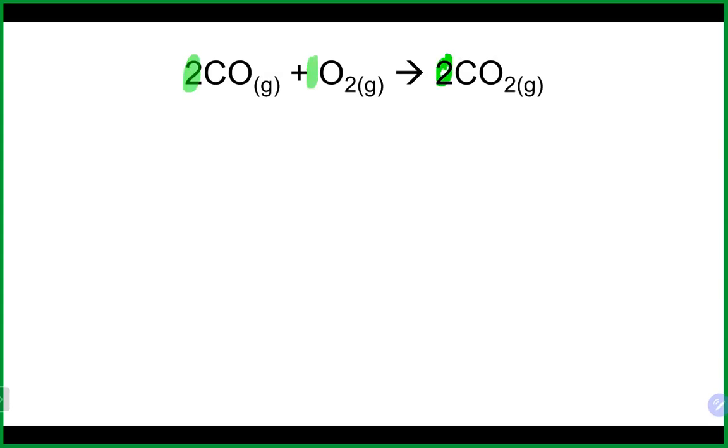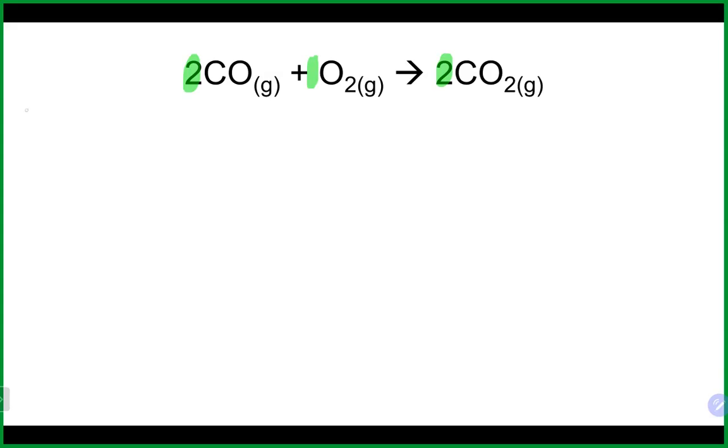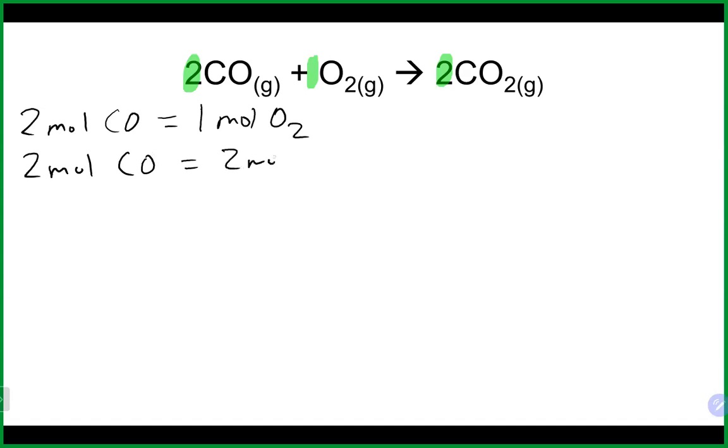So we could say, for example, in this reaction, for every 2 moles of CO that we toss in there, we can also toss in 1 mole of O2. They're equal to each other. We could also say for every 2 moles of CO we toss in, we get out 2 moles of CO2. And lastly, for every 1 mole of O2 we toss in, we get out